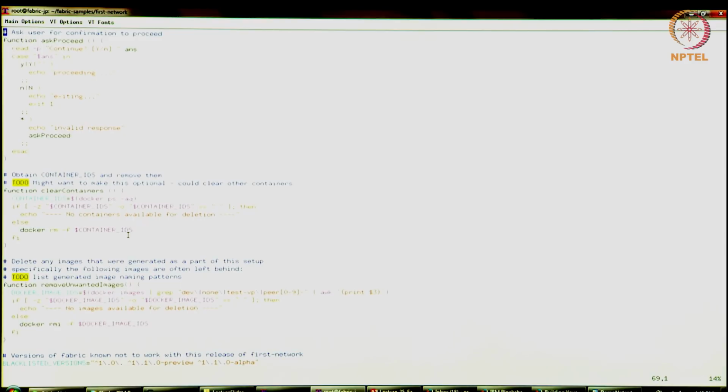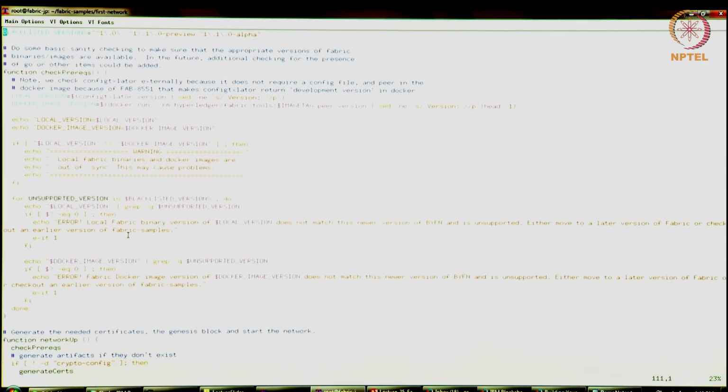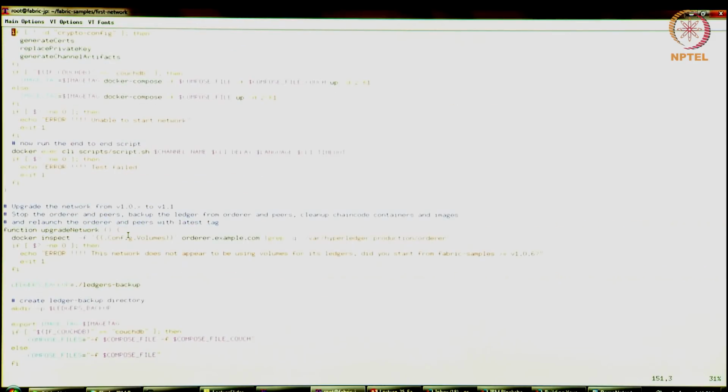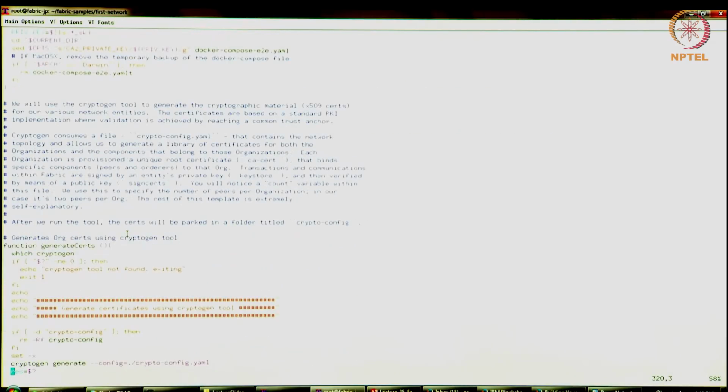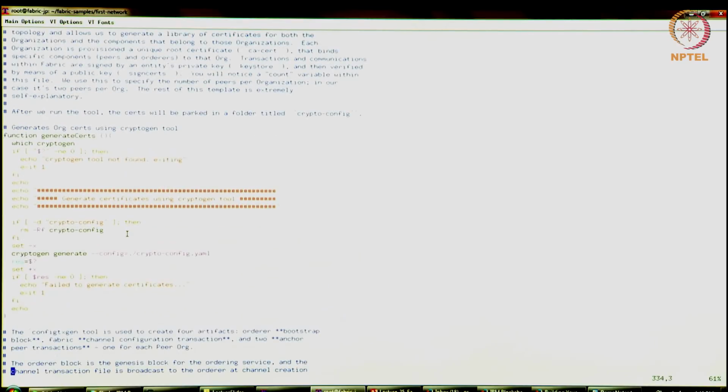So let's look at a few of these interesting functions that show what happens, right? So let's go to one of them. Let's first go to a thing called generate. You can run through this file later. Okay, so this is the function called generate certs.